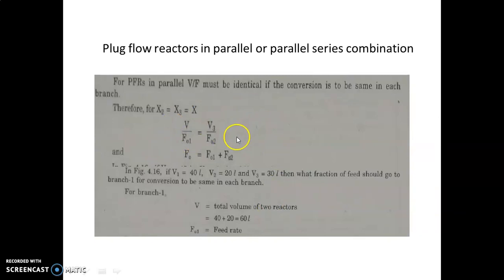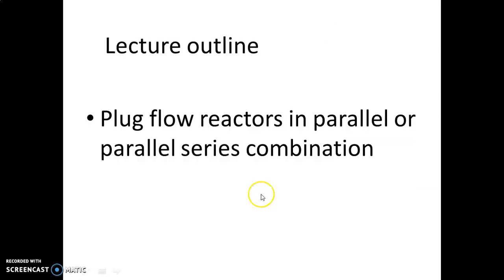So this is the conclusion for this parallel series combination. Then we will solve a small example. So in this example, in figure 4.16, that means this figure,